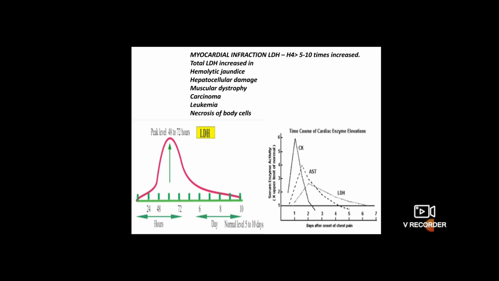And apart from that, this LDH is also present in the RBC, WBC, skeletal muscles, liver, even kidney. So based on that, it is also increased. So you can see this total LDH is increased in hemolytic jaundice. So jaundice means you know that hepatitis virus will affect the liver, and thereby liver is the one where the heme, after 120 days of life cycle, that means RBC, has destroyed or degraded in the liver. But in hemolytic jaundice, what happened? Without the end of lifetime, that is 120 days, most of the RBC is getting hydrolyzed or degraded.